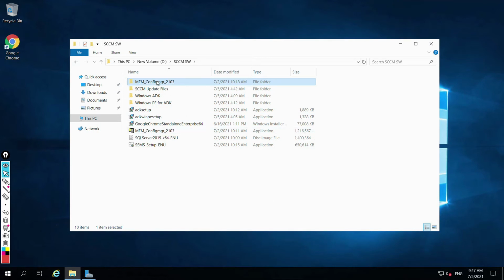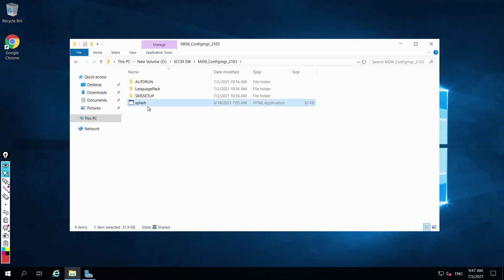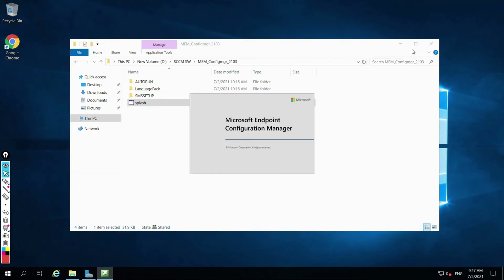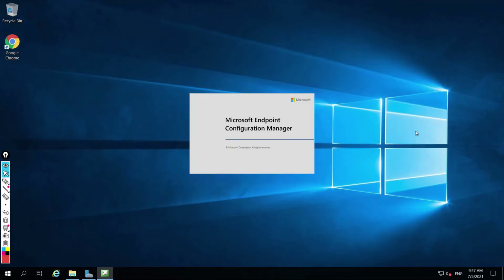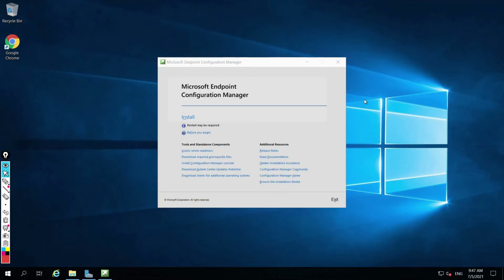I'll double click it. I'll be requiring these SCCM update files which we downloaded in the morning, right? So I'll go to Microsoft Endpoint Manager, Configuration Manager 2103, double click it, and I'll click this splash icon. I'll click on splash. So you can see it is opening Microsoft Endpoint Configuration Manager, right?